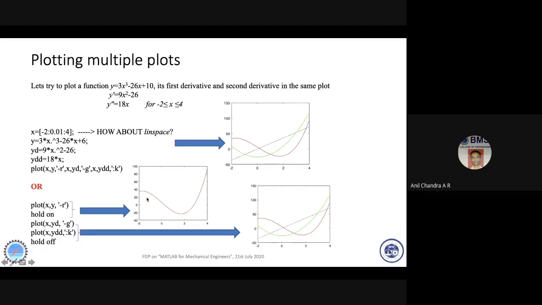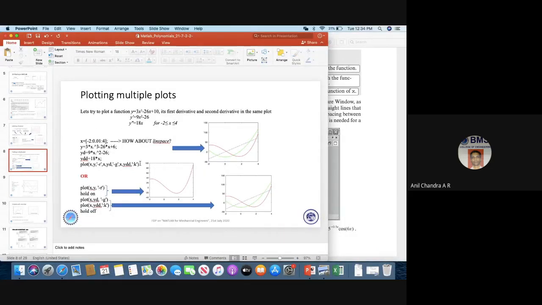It'll plot this. If I don't say hold on, it'll plot one over the other. So this will eventually erase this plot and you will get only two lines or probably one line. So what I will do is I will copy this.